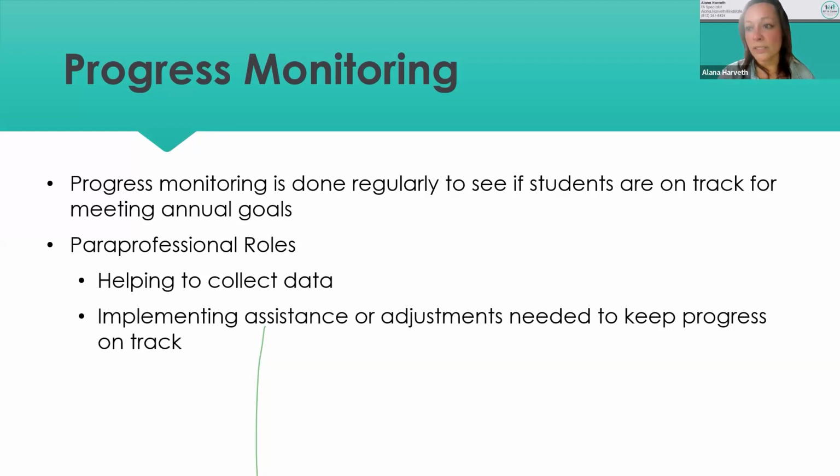And according to Article 7, which is, again, the law in Indiana, we have to do it every time the student gets a report card. The teacher has to monitor the progress in the IEP system. The para or the assistant should not be putting it into the system, but you can give the data to the teacher to help the teacher out. So that is what progress monitoring is. Does anybody have any questions on that, or is that new, or is that something you probably already knew about? But the teacher does have to do that with the report card.